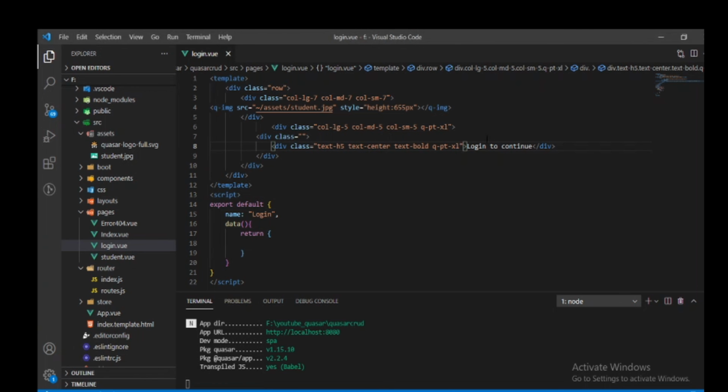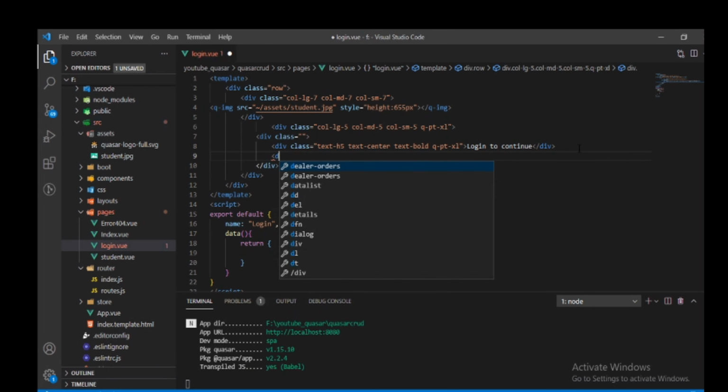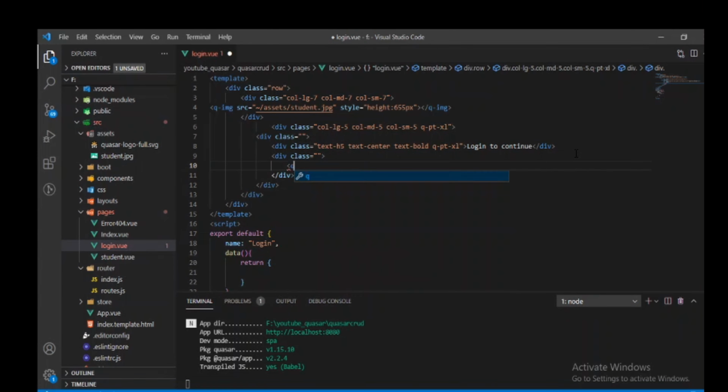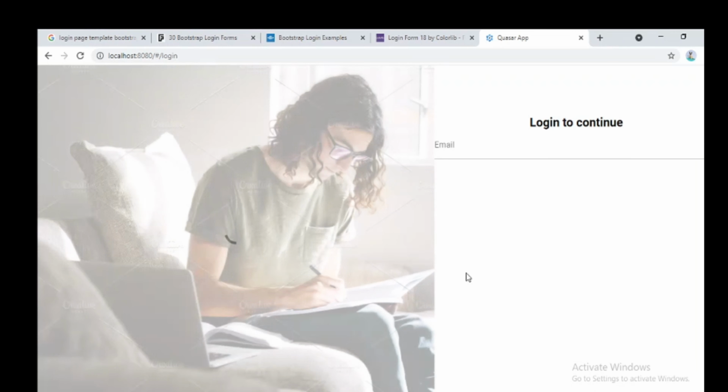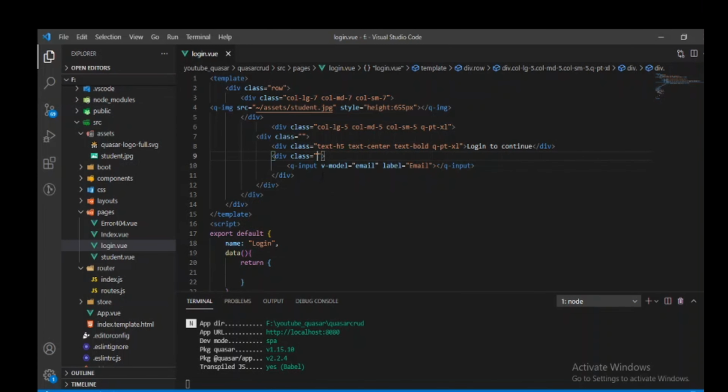Okay, and then we will take another div for q-input, and take a q-input, v-model email, and then label as email. Okay, let's see. Okay, so we have to give it q-pa-sm.